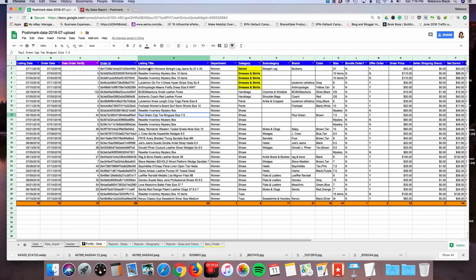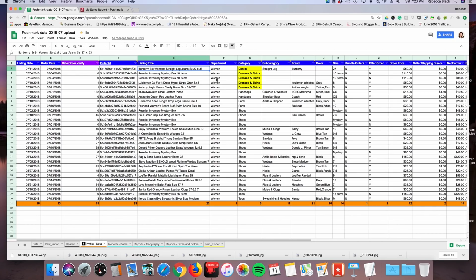Listing title should be directly off your listing. I have seen some things in there that would be interesting to pull out. So if you're putting in certain types of features of your products that you didn't put in one of these other columns, like brand or color or size, we can pull those out with some fancy code. So if you had leather things, or you have polka dots or things that you might want to pull out of your listing title, we can do that in